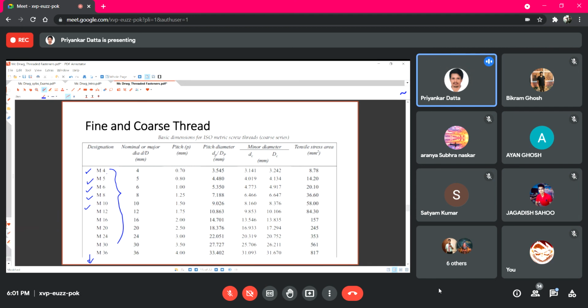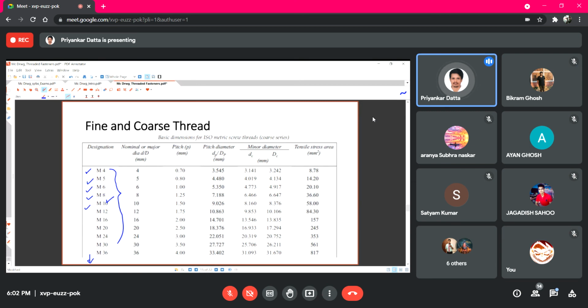Now, if the standard diameters are followed, then the feature of interchangeability comes into the picture. Interchangeability means, for example, I have two components joined using one M10 bolt, and during service time it has got damaged. We can easily procure M10 bolts from the market and replace them.